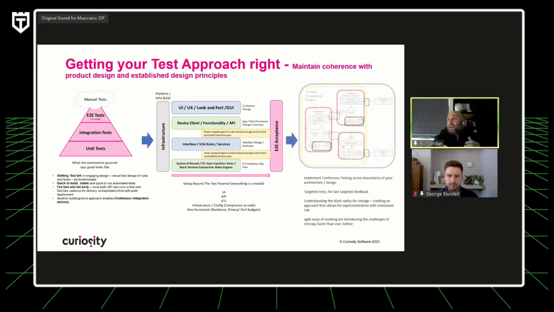All right. To try and bring some reality to what I've just been saying, this is a real architecture diagram where we've started to draw out test types to create isolation and really create a continuous testing approach based on what is, on the face of it, a monolithic architecture. All right. And what we're talking about here is really aligning to agile ways of working, agile with a little a, so we can be nimble in terms of reacting to change, but also, and I'll cast your mind back to the DevOps ways of working, allowing the team to experiment in a risk-averse way.